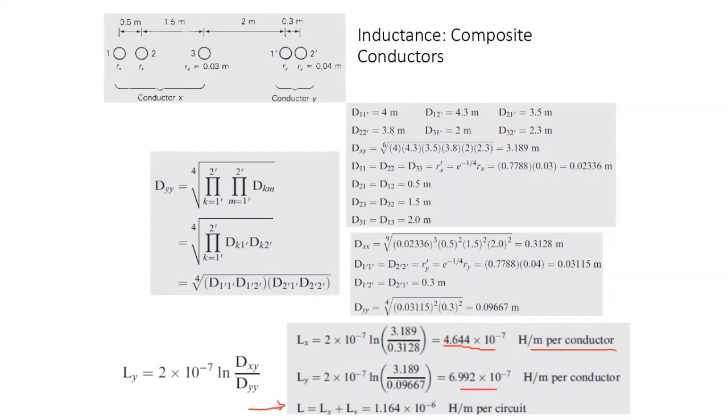I don't know whether your question is that you multiply by 2, or you mean you add them? Yes, yes. Okay, so you add them. In 3-phase, we will see later what we do. So this is per circuit. That's the full circuit. Sometimes we do just one phase, but that's another thing that we will talk about. Anyhow, I would like you to